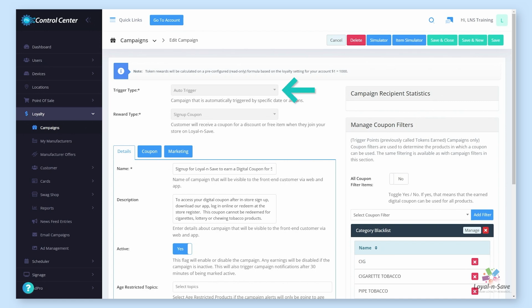From the drop-down menu, select the trigger type Auto Trigger. From the Reward Type drop-down menu, select Sign Up Coupon. In the Name field, here you will enter in the name of the campaign that will be visible both on the app and web portal. Sign up for Loyal and Save to earn a digital coupon for 5% off a single item on your next